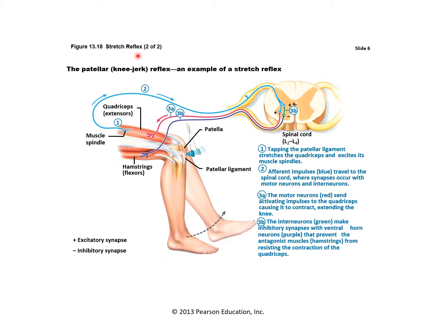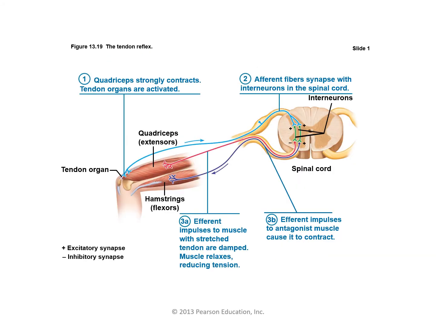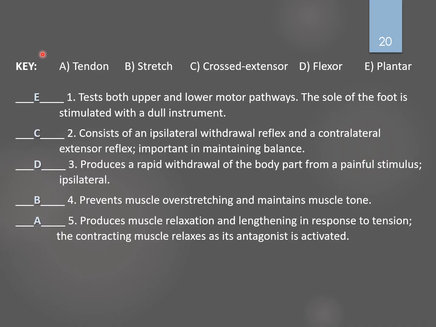Here again is that stretch reflex, the patellar knee-jerk reflex. Here is the tendon reflex. This is practice that's on your work document. If we test the upper and lower motor pathways by stimulating the sole of the foot, we have the plantar reflex. On this one, we have ipsilateral withdrawal, contralateral extension, the Three Stooges knock you in the head,